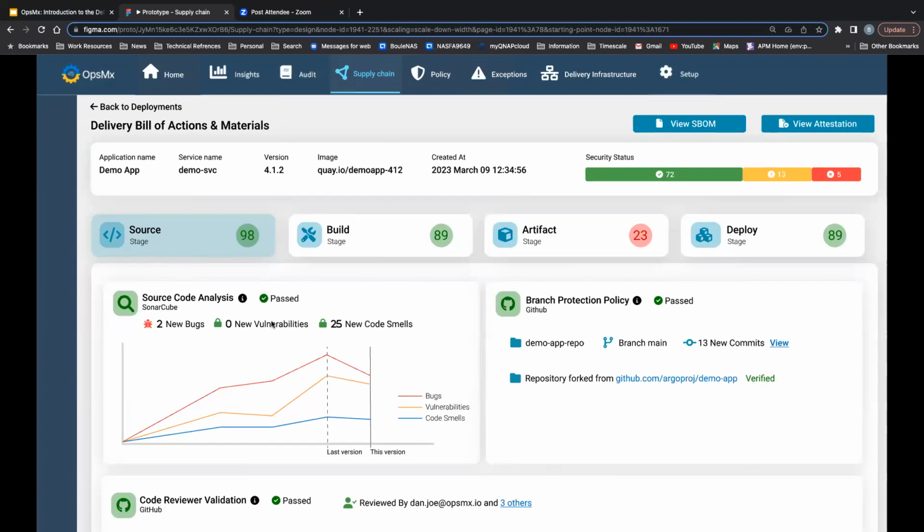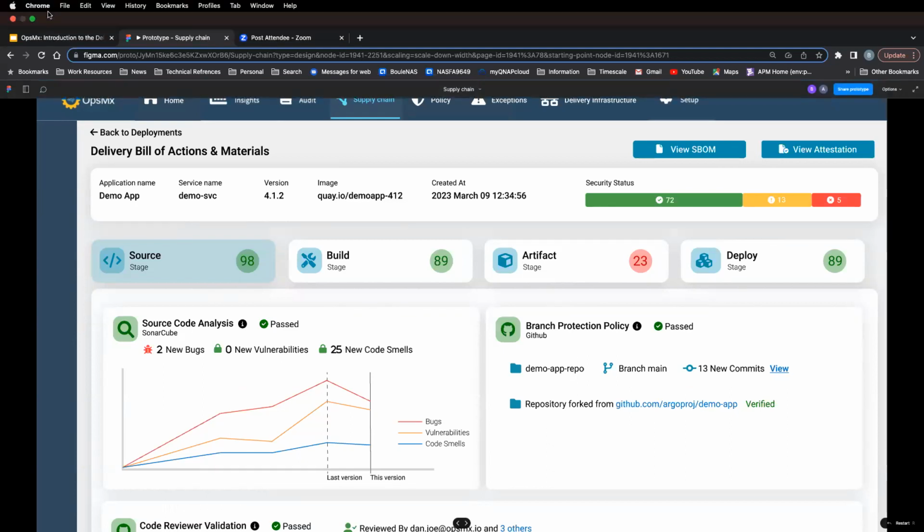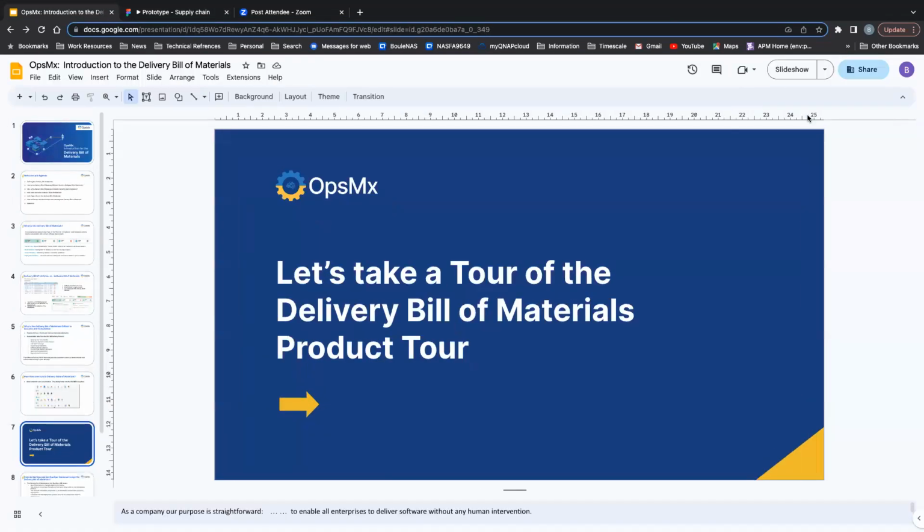And again, when we think about the construction of this, it really is an accumulation of all the data coming from all the systems that you've already put in place. We're just wanting to bring all that together and help you organize it and ultimately make informed decisions about deployments, whether they be manual or automated, but again, documenting what happened during that deployment. So that is a very, very quick tour of what that delivery bill of materials would look like. Let me go back to my slide presentation